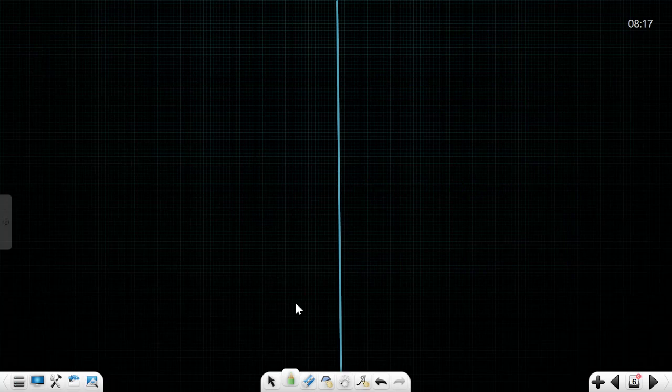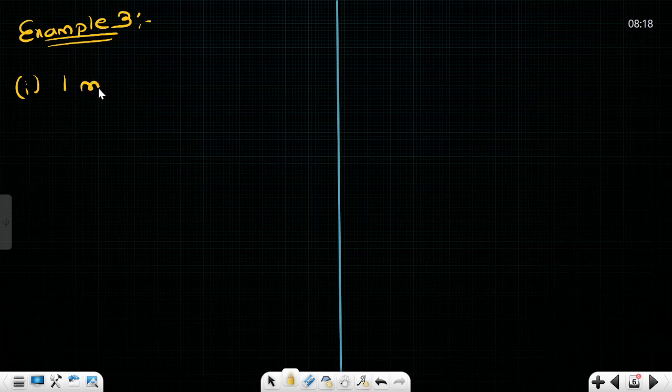Okay. Now there are some nice questions that we have to compulsorily do. So example 3. Express the following in standard form. The first one they have given is 1 micron